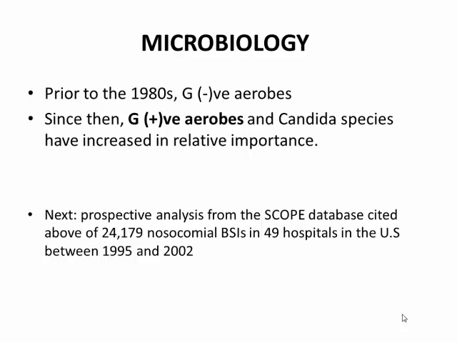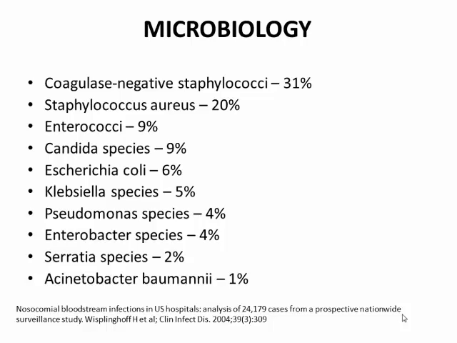Among about 24,000 bloodstream infections in about 50 hospitals over those 7 years, these organisms were brought up. So number 1 today is coagulase-negative staph and Staphylococcus aureus. As you can see, they comprise 50% of all infections. Most of them are actually methicillin resistant now,